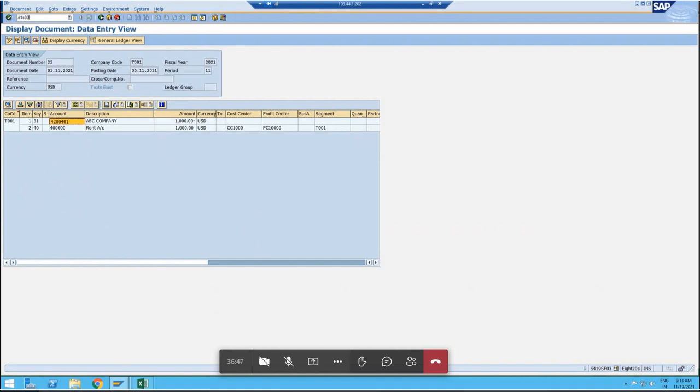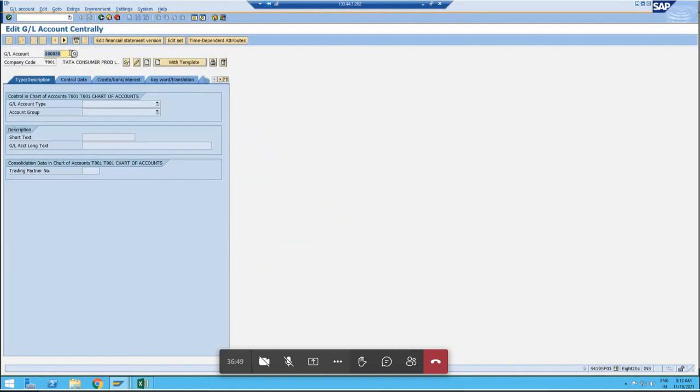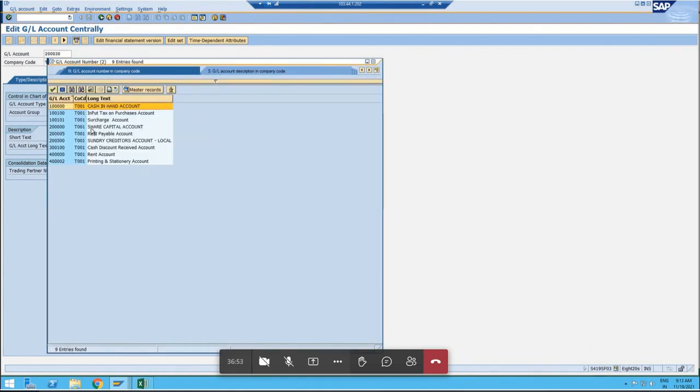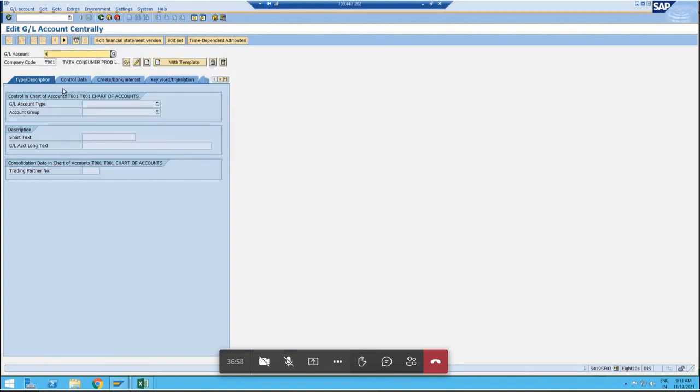So the transaction code is FS00. I will create with the 4 series, 4005 41034 5. Click on create. GL account type, primary cost or revenue, expense,